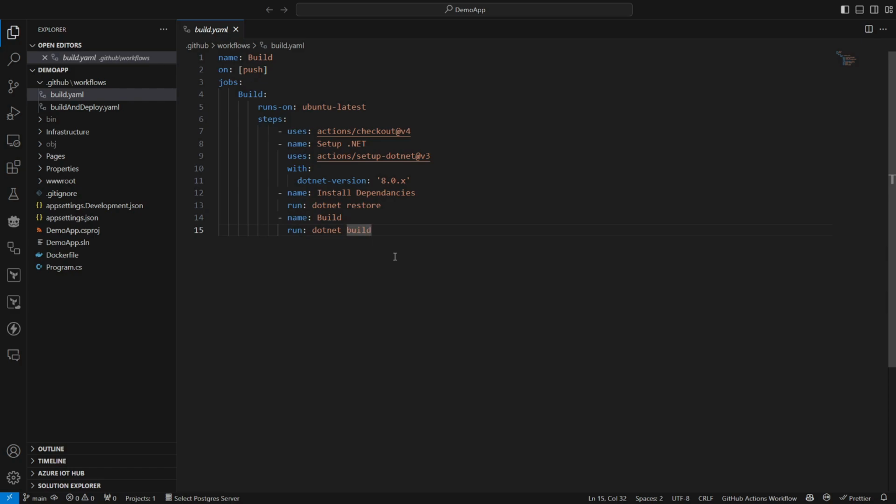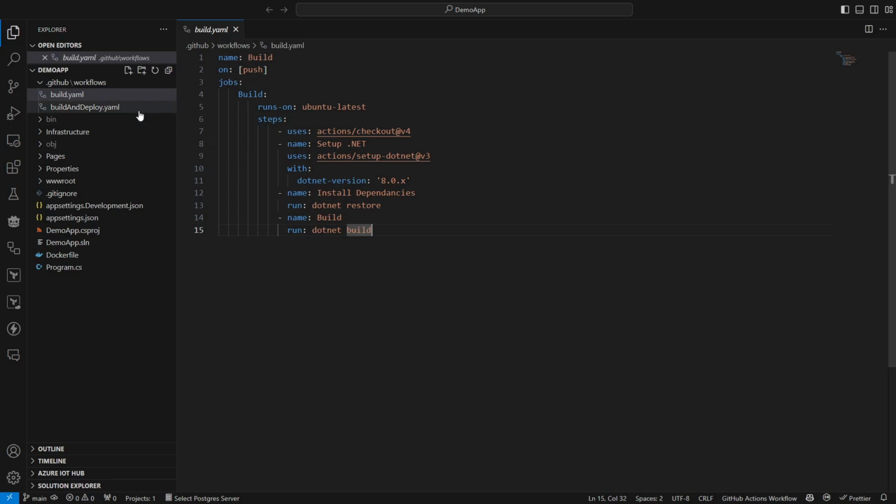What we're doing here is not building to publish or anything like that. We're building to check. We're saying, okay, make sure my application builds with no errors. This is really good when you've got lots of team members pushing code in. They may be working on separate branches within the Git repository, and they just want to check: are the changes that I'm pushing into my branch breaking the build, or are they okay?